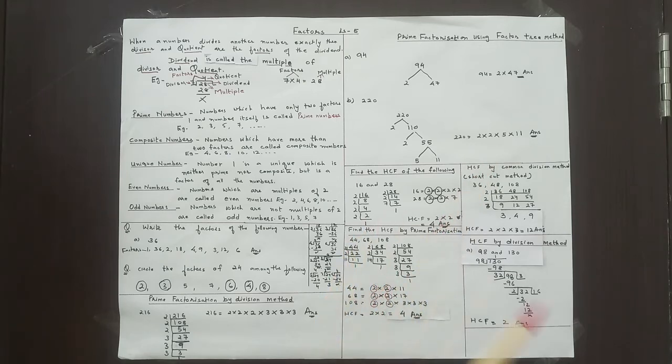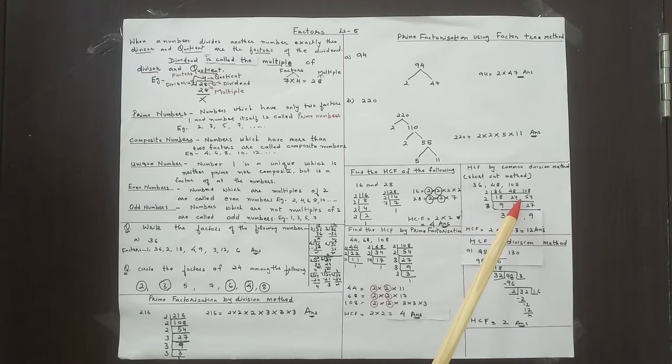We have taken out the factors here separately, but here we will take out the factors together. 36, 48 and 108. We will take out the factors of all these numbers collectively. Now first we will divide it by 2. 2 1s are 2, 2 8s are 16. 2 2s are 4, 2 4s are 8. We will get 24 here.